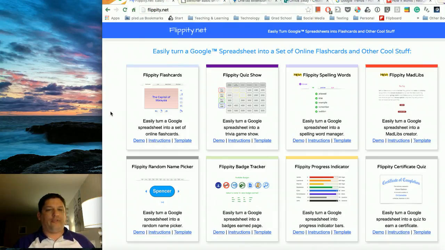The next one is called Flippity Net, I believe is how you say it. Basically this is free, and you turn everything from a Google spreadsheet into all these different pieces and parts. One of the cool things that they showed us was this idea of a name picker. You put every kid's name in there, and instead of, as some elementary teachers probably have, a jar with popsicle sticks with kids' names on them that you pull out to pick a kid,